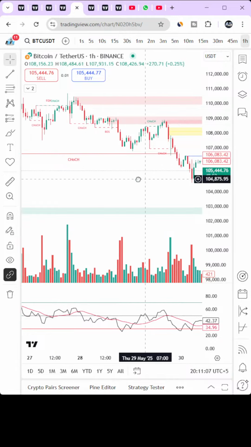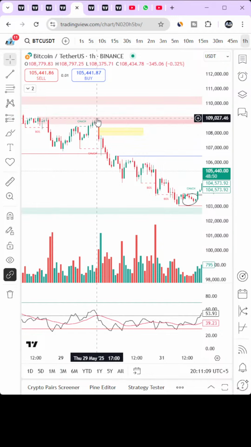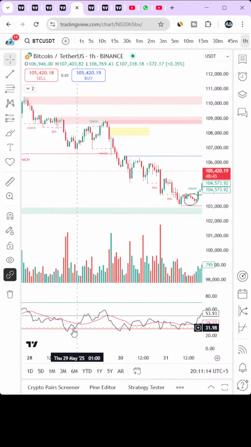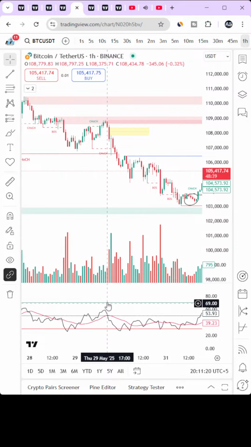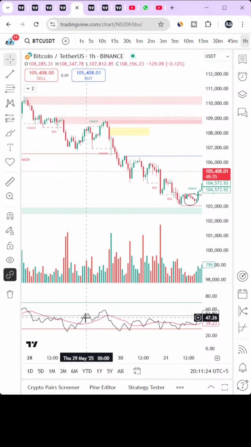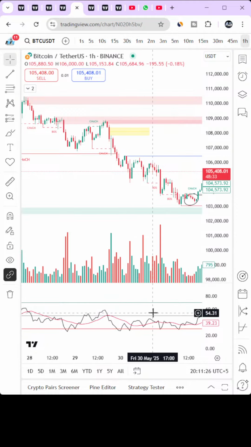from this order block level we have to continue our sell, because at this position the market was retracing, but the RSI was not able to move more to the 70 band level, and it is returning back at the position of the 50 band. Now here you can see